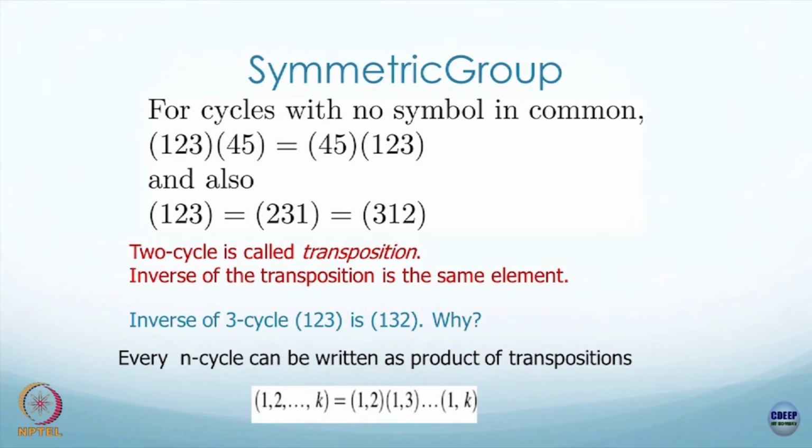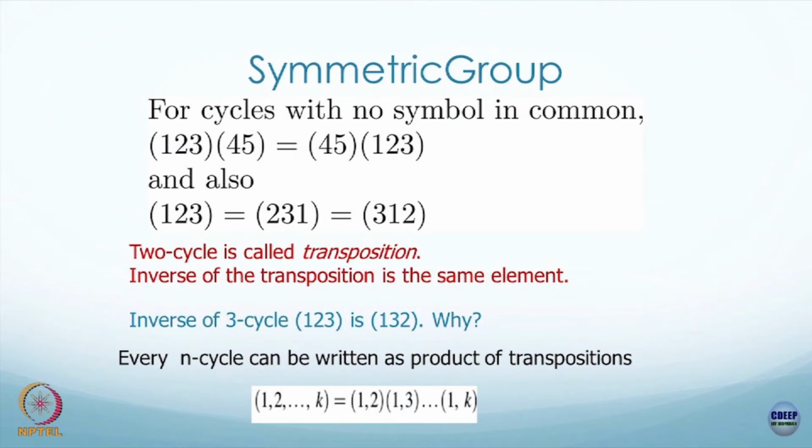There is this technical definition: any 2 cycle we call a transposition. Whenever I want to write the inverse of a transposition, it is the opposite one: 2, 1 goes to this, and by this equivalence you can show that pi 2 is the same as pi 2 inverse, right. So a transposition, a 2 cycle with 2 elements, will